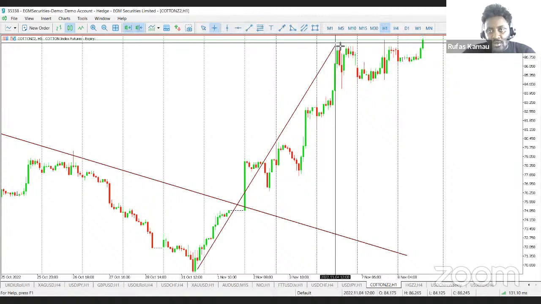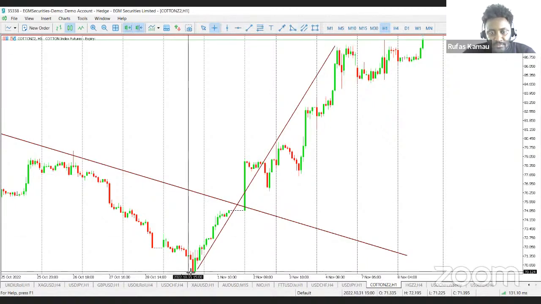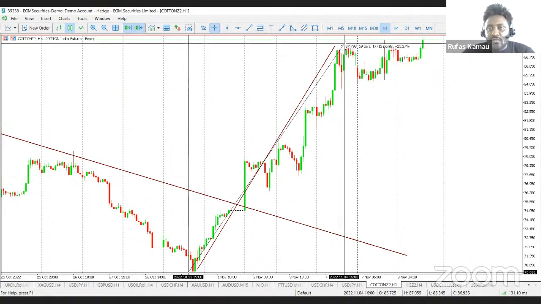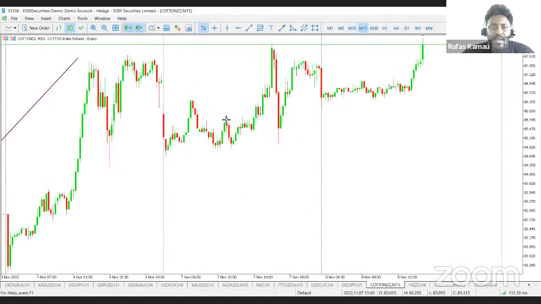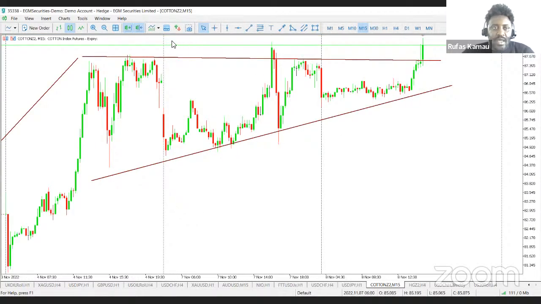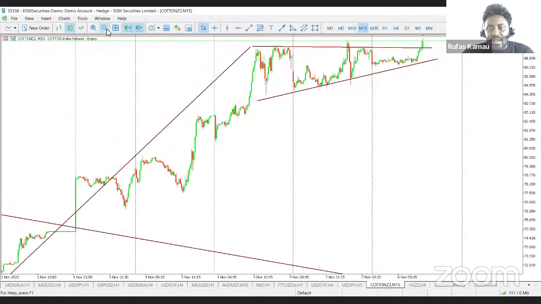I wonder why it's not displaying. So this is what we had over the course of last week, a 25% rally. This was really good. And then after the 25% rally, the market started trading within a pennant. A pennant is a triangular flag, and this can be easily observed on a smaller time frame, and this is the 15 minutes chart. So from here, you can see that the breakout is happening now.